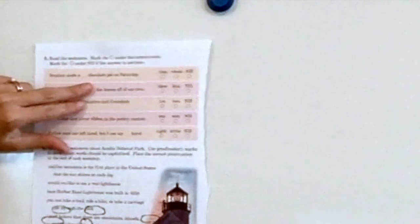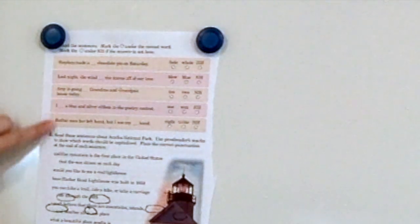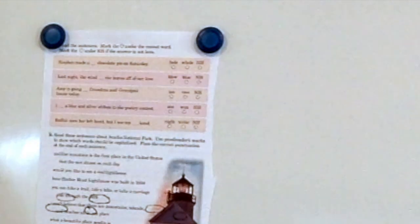All right, now let's look at page 256. Last page. You boys and girls are doing so well. And we're going to be doing question 1 together. Okay? Read the sentences. Mark the circle under the correct word. Mark the circle under NH if the answer is not here. So we're going to read these sentences and figure out which word is going to fit best there. Remember, these are going to be words that sound exactly the same, but we have to understand which spelling is correct. And I know that we've worked on that a lot before, but we need to remember correct spelling of